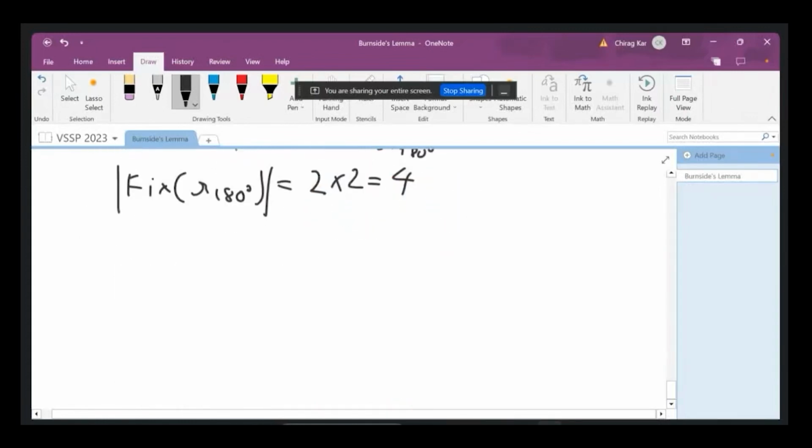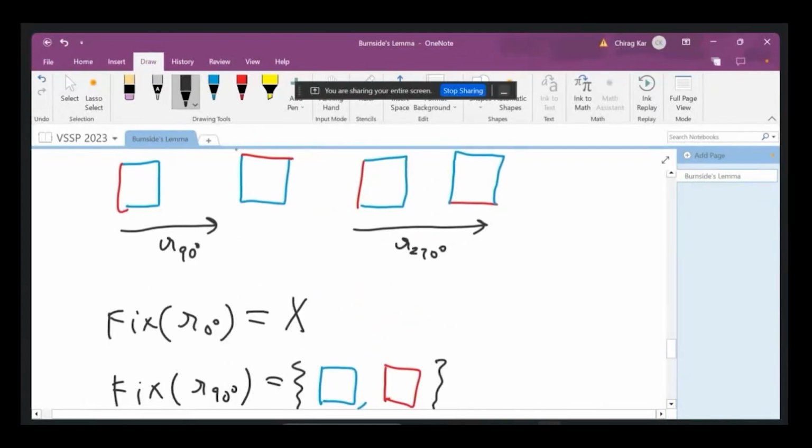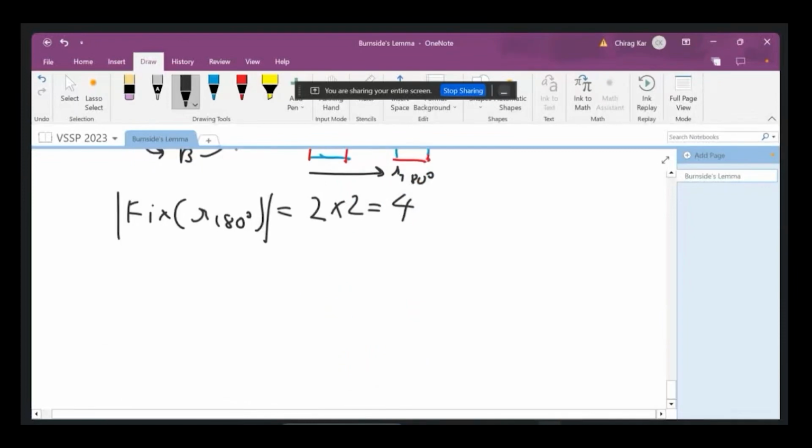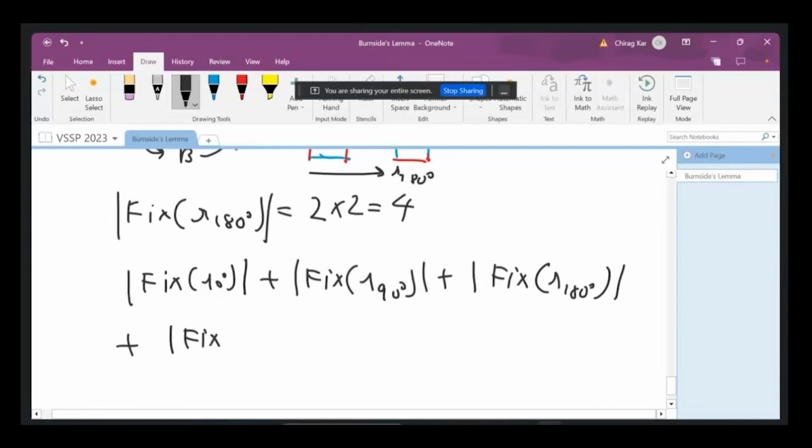So now we have everything that we require, and let's see if we actually managed to figure out the same answer that we got before. So now what we have is the cardinality of fix of R0 plus the cardinality of fix of R90 plus the cardinality of fix of R180 degrees plus the cardinality of fix of R270 is just equal to